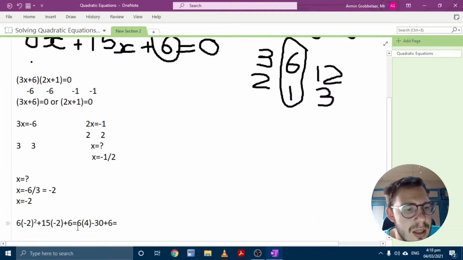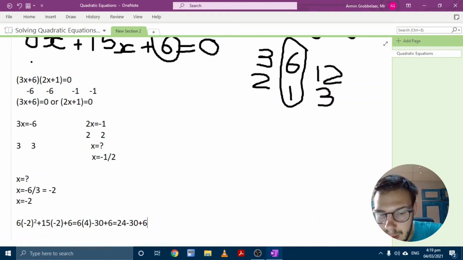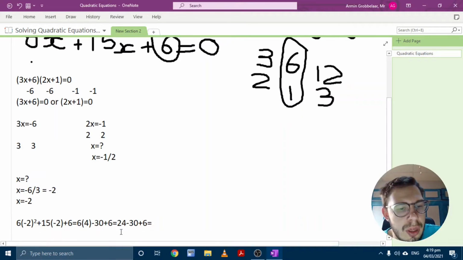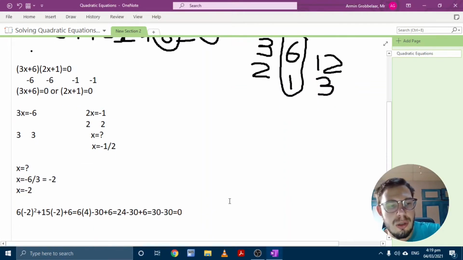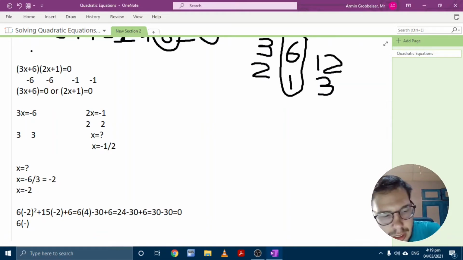So now I can see 6 times 4 is 24, 24 minus 30 plus 6. 24 plus 6 is 30, so I'm left with 30 minus 30, which is equal to 0. So I know x equal to minus 2 works. Now to test x equal to minus a half, I have 6 times minus a half